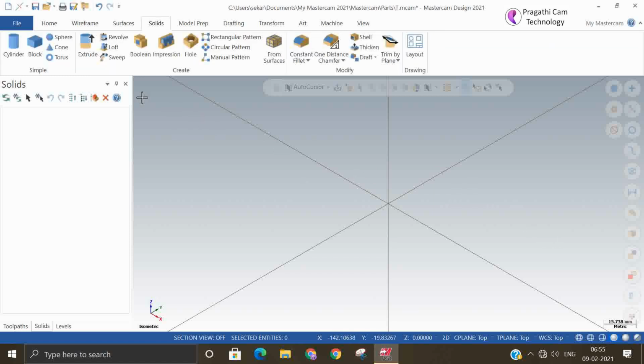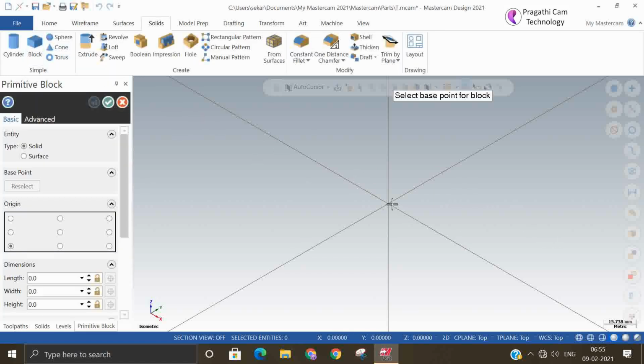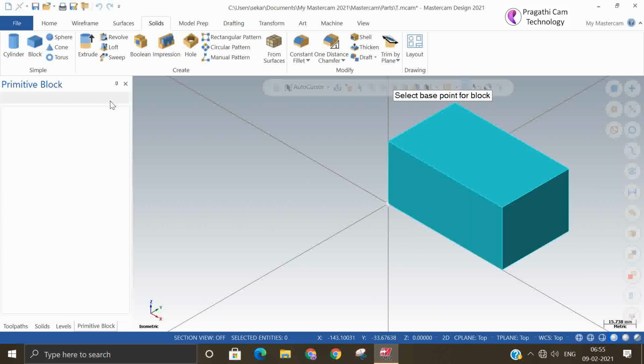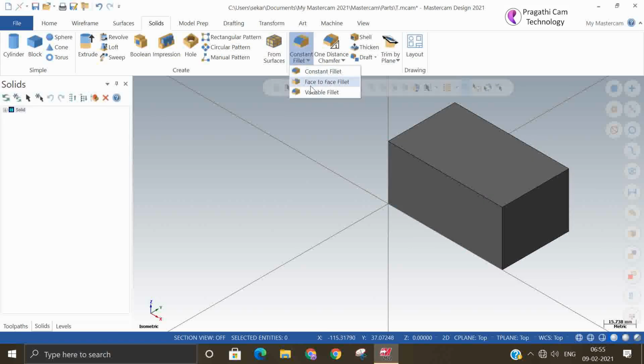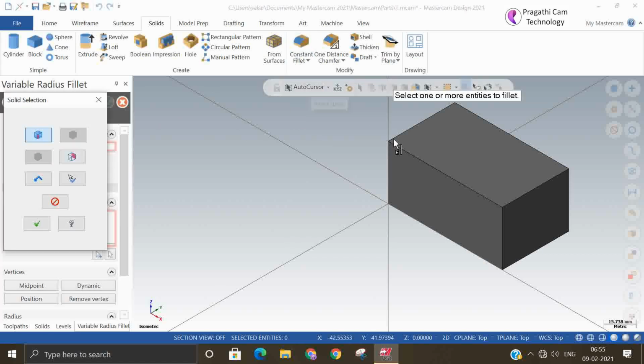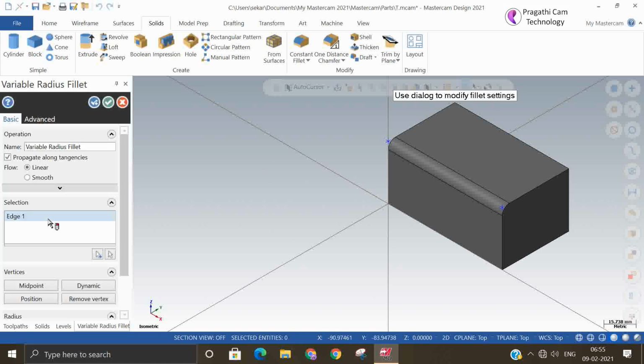Again I'll select on solid block. Now I can say fillet, variable fillet. This edge. So now it's made constant radius. You can add some points here. Otherwise you should have points already. Either one you can do it in the other way also.